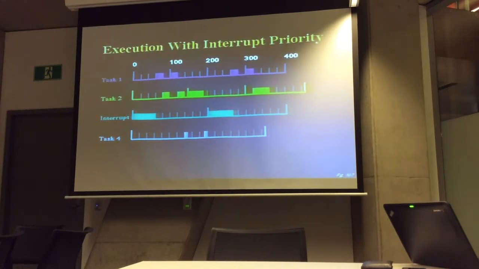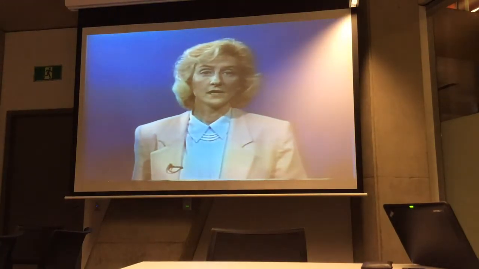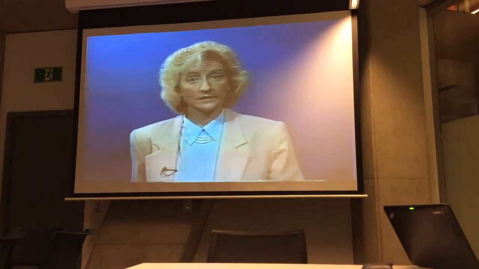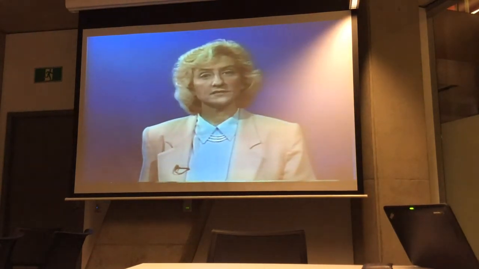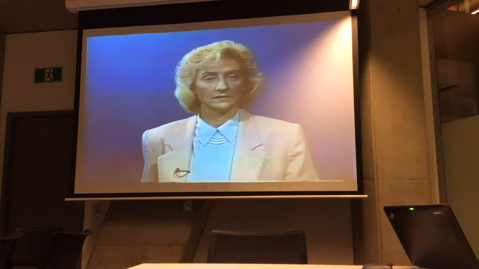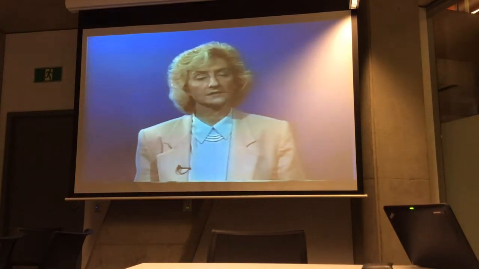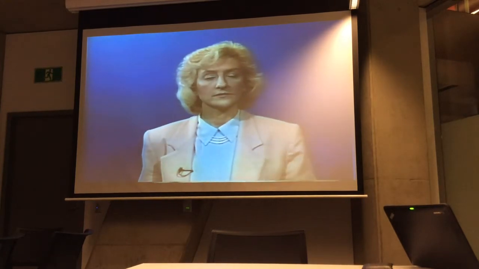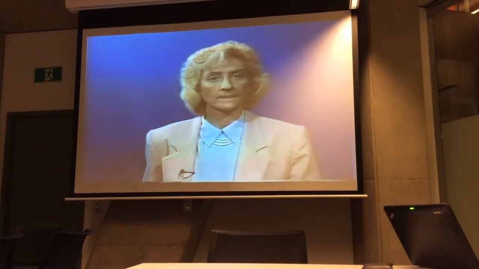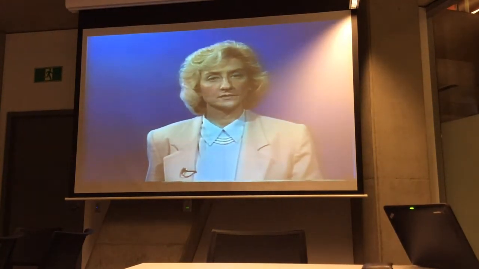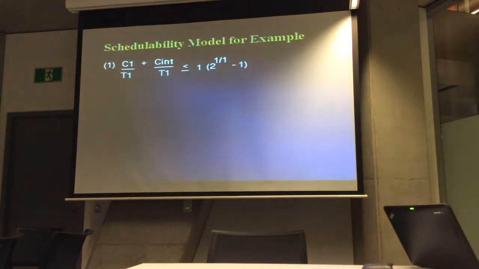We can see that all 4 tasks are schedulable. You may have noticed that this timeline check is similar to Theorem 2. We can also set up a schedulability model for the 4 tasks based on an extension of Theorem 1. We're really just applying that theorem to determine the schedulability of each task, but we're adding a blocking factor to account for priority inversion. In a schedulability model for task 1, we see that C1 over T1 plus the blocking